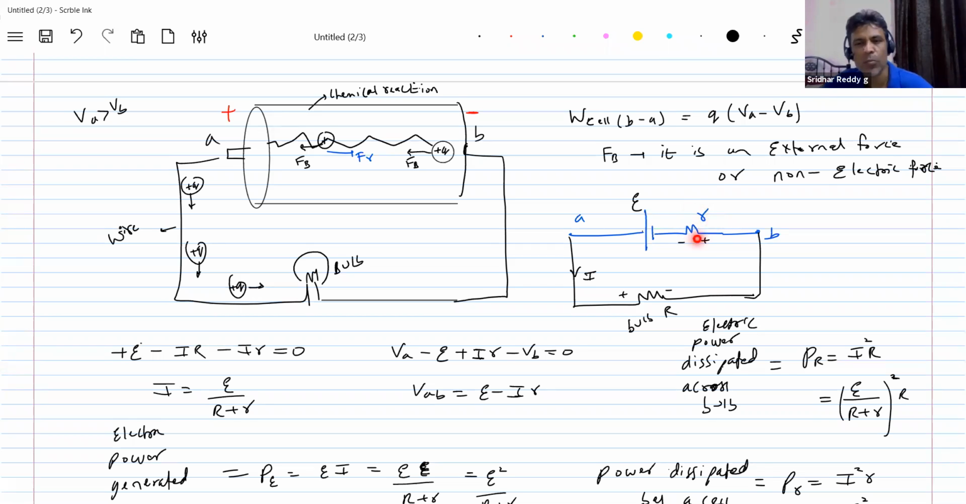If this internal resistance is more, it will damage. Very soon, the equipment, the lifespan of that will decrease. So when you're purchasing the laptops, mobiles, what is the priority? You have to